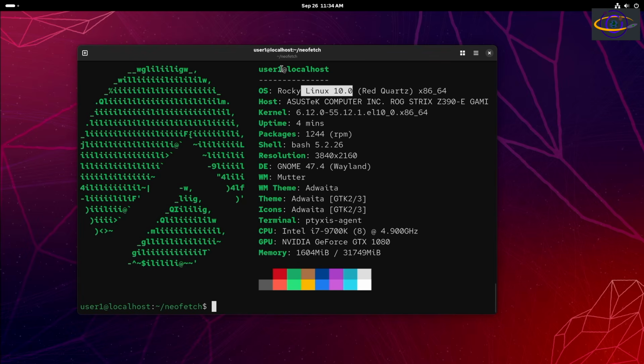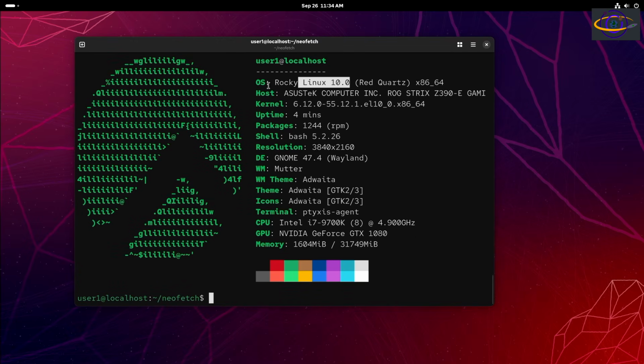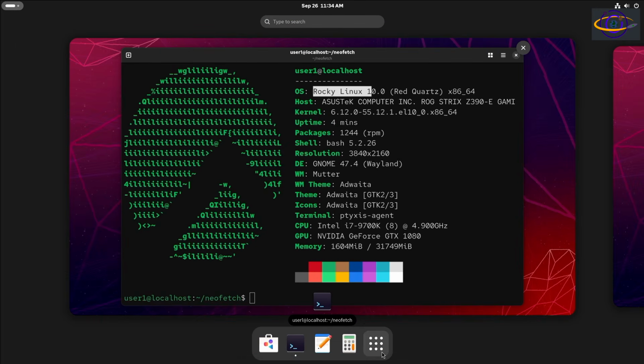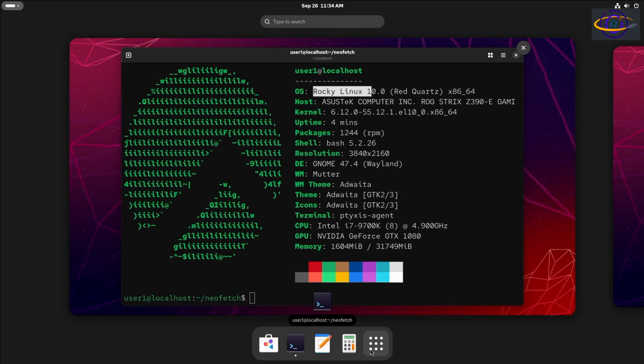That's what Red Hat Enterprise Linux would be used for, and that is what you would use Rocky Linux for. If you want a Red Hat clone that's compatible with Red Hat, but you don't have to pay the license fees and deal with licensing and connecting to their licensing servers and all that sort of stuff, this would be the OS for you, either Rocky Linux or Alma Linux. So you see here we have a GNOME desktop. It's a pretty standard generic GNOME desktop, not a whole lot of stuff installed. What I have installed here is